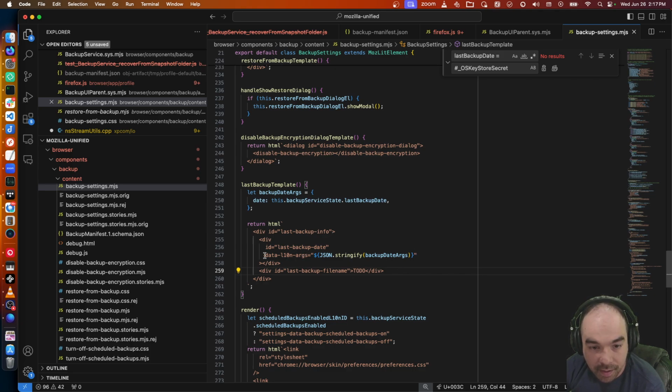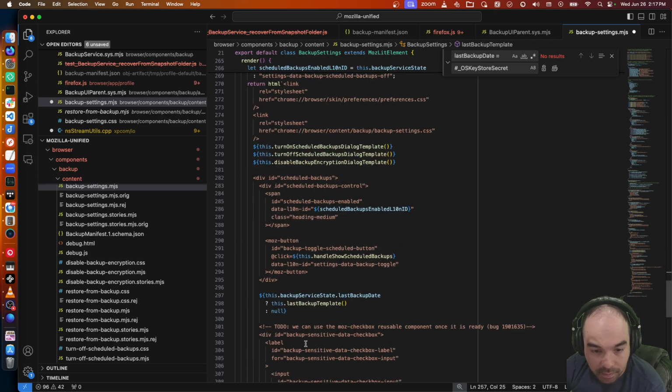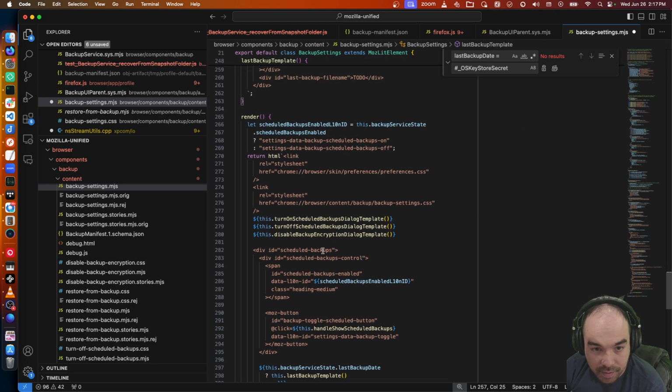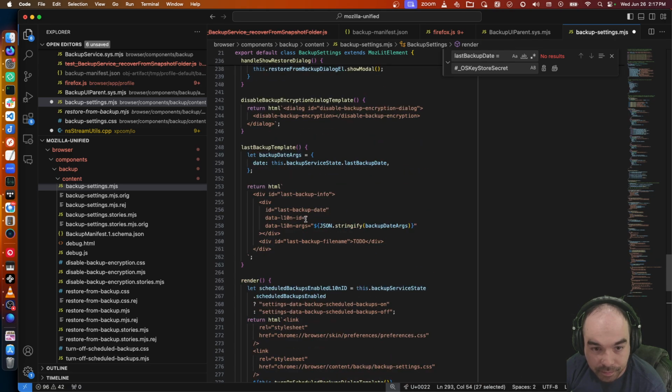And then I need to set the data L10N ID to be like settings data backup last backup date. And I'll put that inside of